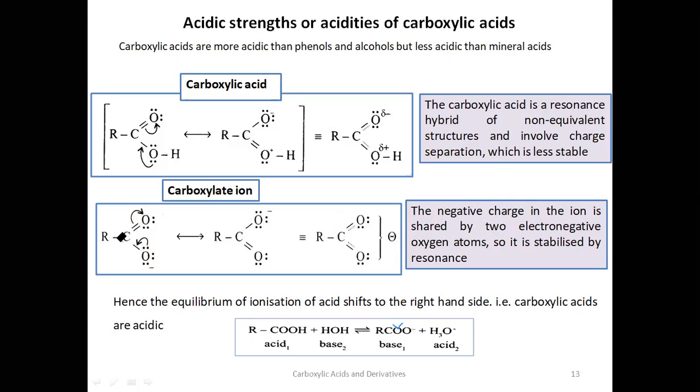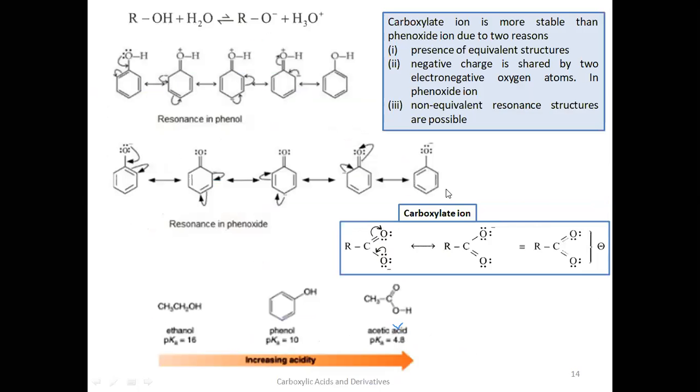Let us see the phenols also. Why is it stronger than phenol? Let us see the reason also. So if you see this equation here, this is alcohol. What is an acid? Which donates a proton here. So after releasing a proton, oxygen will get a negative charge. Can you write a resonance structure for this? No, you cannot write a resonance structure. Moreover, if you see this structure here, what is the alkyl group? This is the electron donating group.